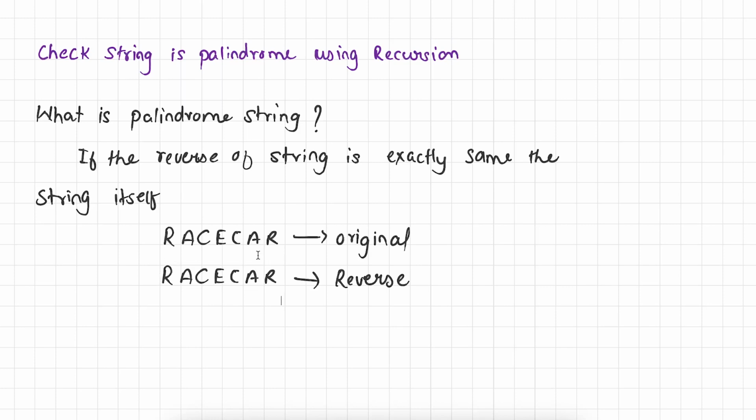And the other way to understand palindrome string is whether you read this string from left to right or right to left, you end up reading the same sequence of characters. For example, if you start reading this string from left, you get RACECAR. And if you start reading this string from right, you again get RACECAR. And both strings mean racecar. Okay. So guys, I hope now you understand what it means by palindrome string. So this is what we have to find in this problem: we are given a string and we have to find whether the given string is palindrome or not. So I hope now you understand this problem really well.